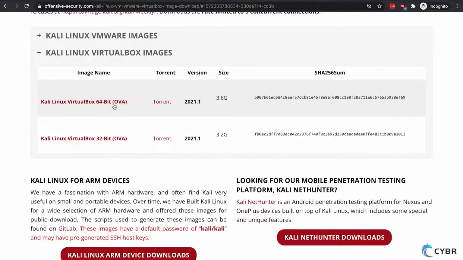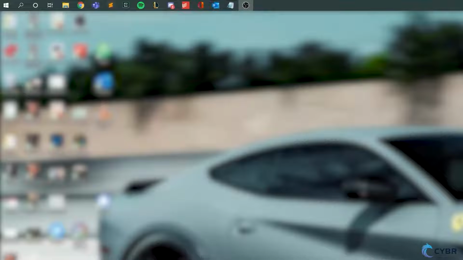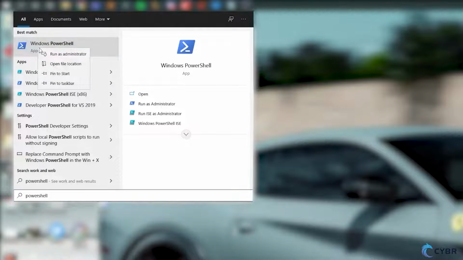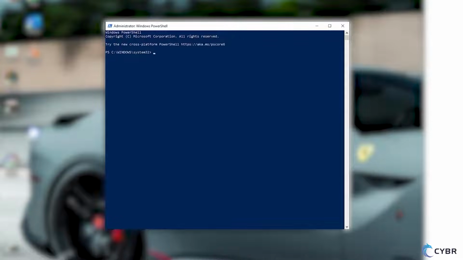Now this can take a few minutes all the way to a few hours, depending on your internet connection. Now while that's downloading, a quick note for those on Windows. If you have WSL, which stands for Windows Subsystem for Linux, on Windows 10 already installed and enabled, some students have reported issues with downloading and updating packages once inside of Kali Linux. So the way to fix that is to open up Windows PowerShell with admin privileges and type in this command